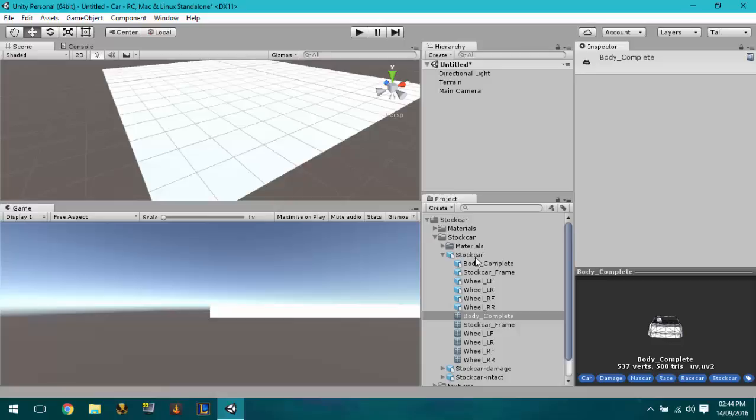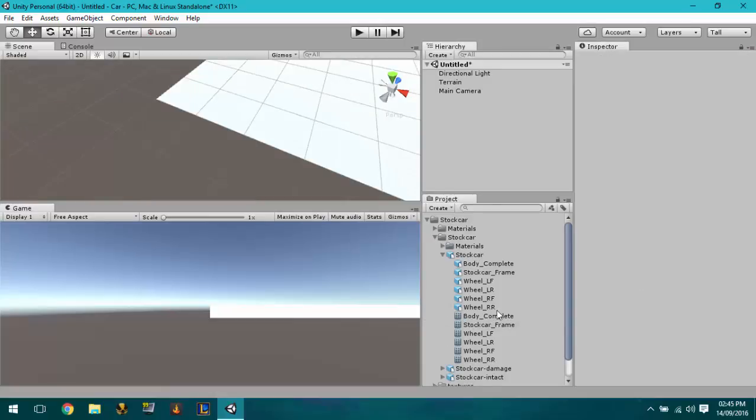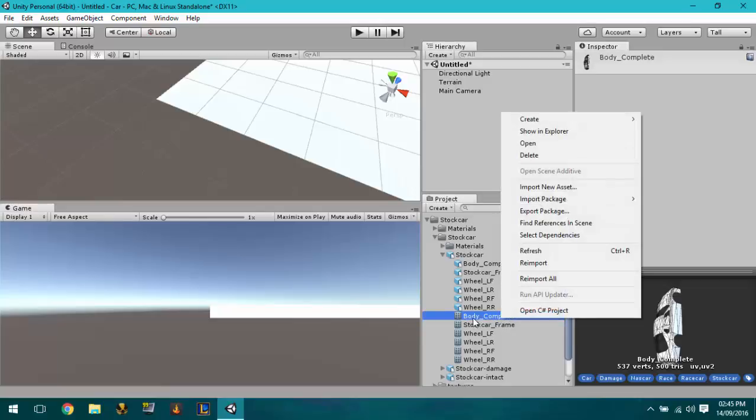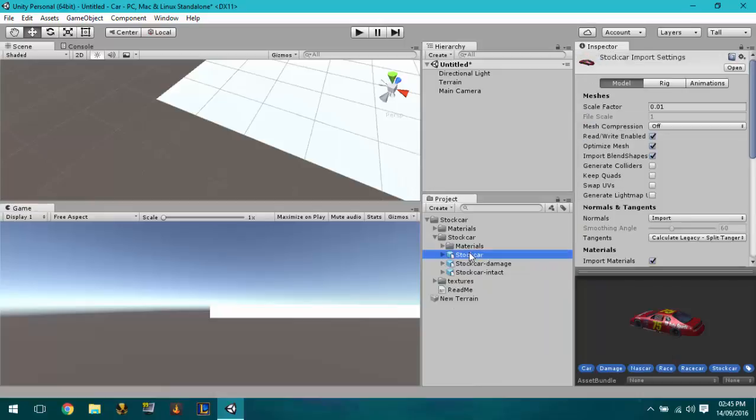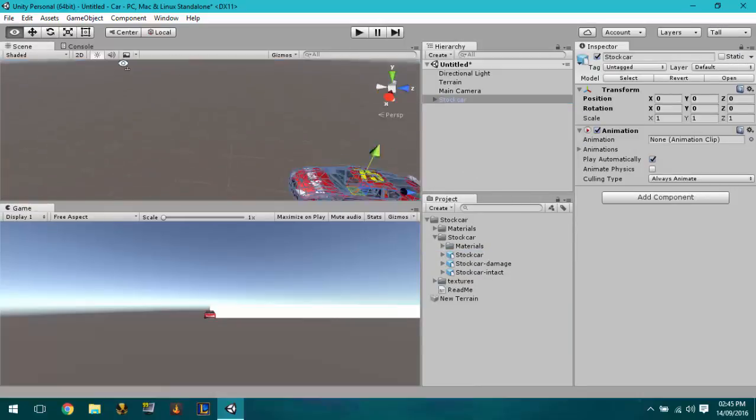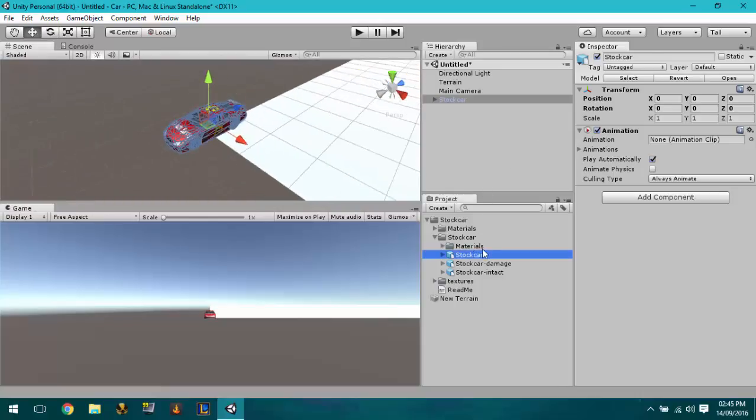Testing something here. Give me 2 seconds. Okay, yeah, no, it didn't work the way I was expecting it to. Anyway, so what you want to do is go onto here. If we just drag it into the scene, you can see it's small. So if we actually change the size,